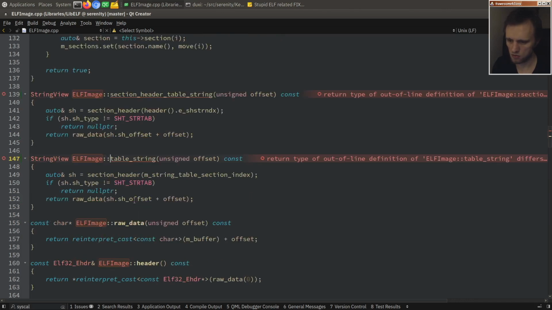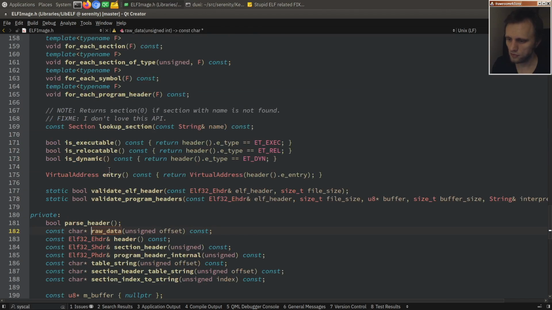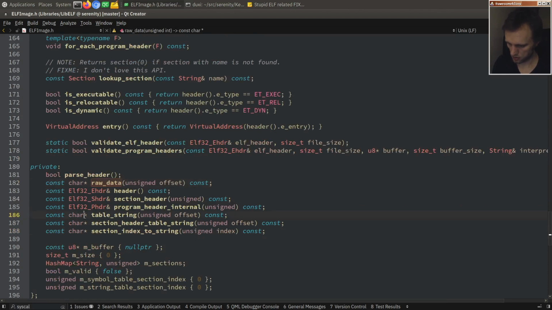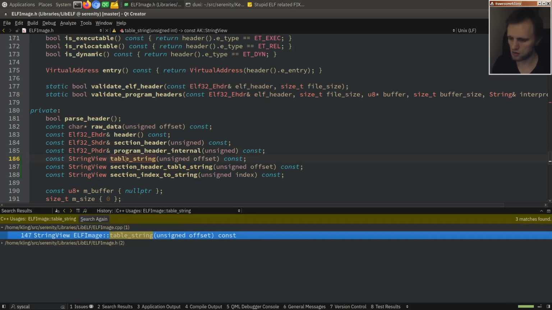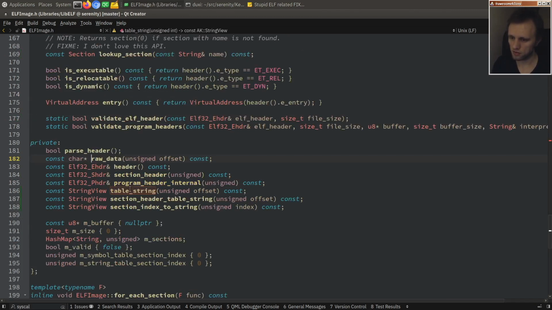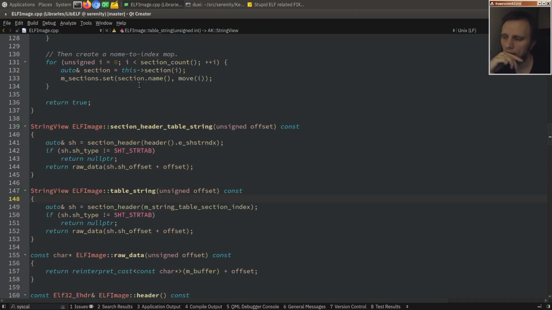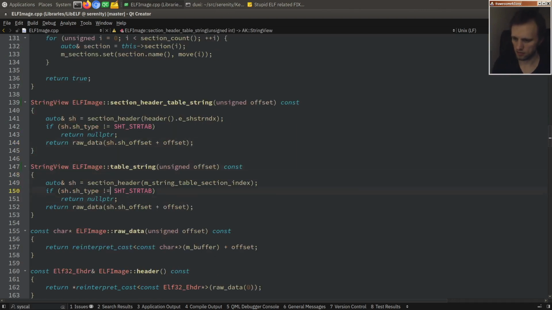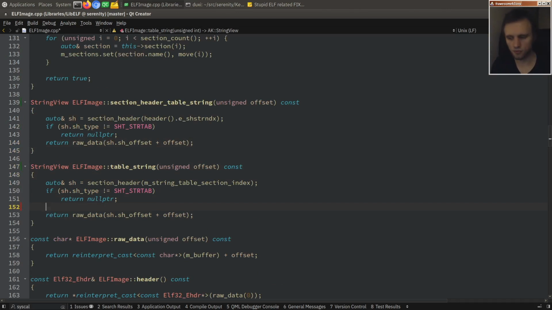Okay, so table string. Table string, here we are. Okay, so string view. Oh, what's this guy about? Section index to string. That should probably be a string view as well. Okay. And let's go here. Wait, what? Oh. Okay. Now